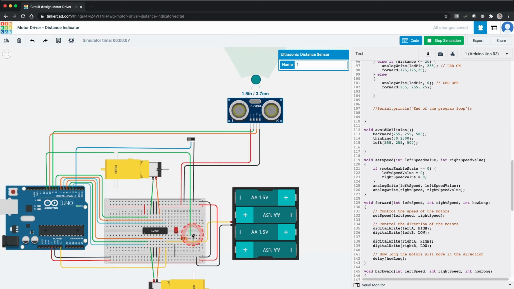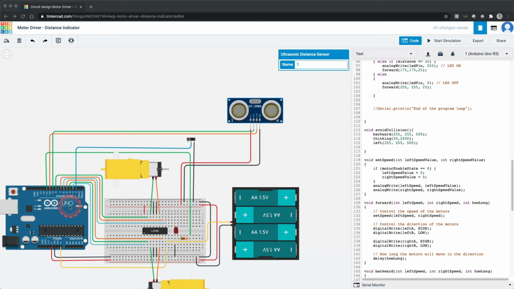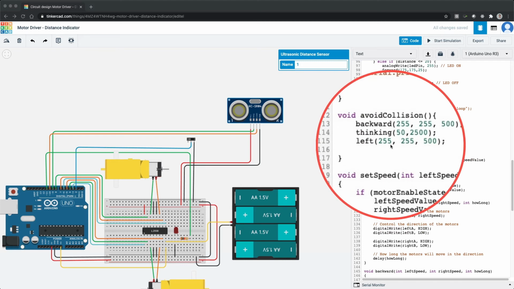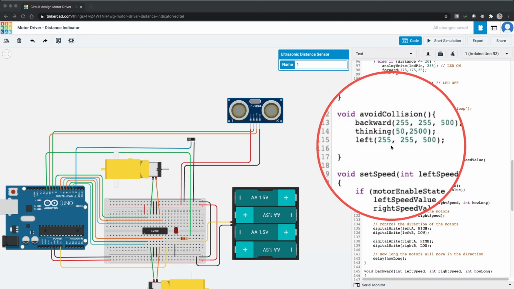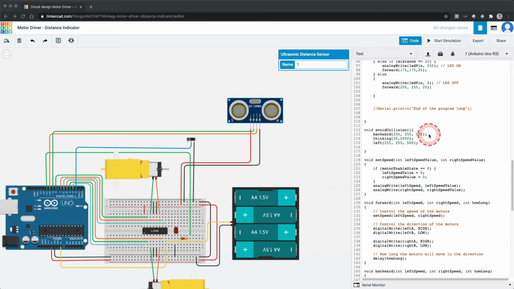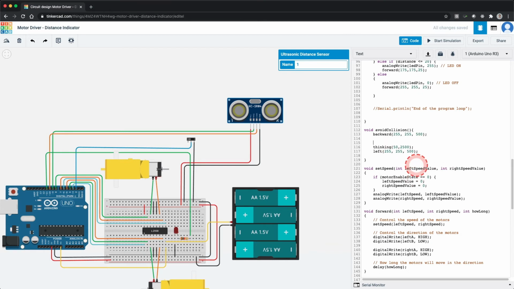This is good, but let's add one more edit to try and make the behavior seem real. We can add more randomness to the sketch to make it look less predictable. Right now, after the robot avoids a collision, it thinks for the same amount of time and always turns in the same direction. So while we have the thinking and flashing of the LED, the robot always thinks for the same amount of time and has the same response, which is not very natural. We want it to look like it's trying different things.